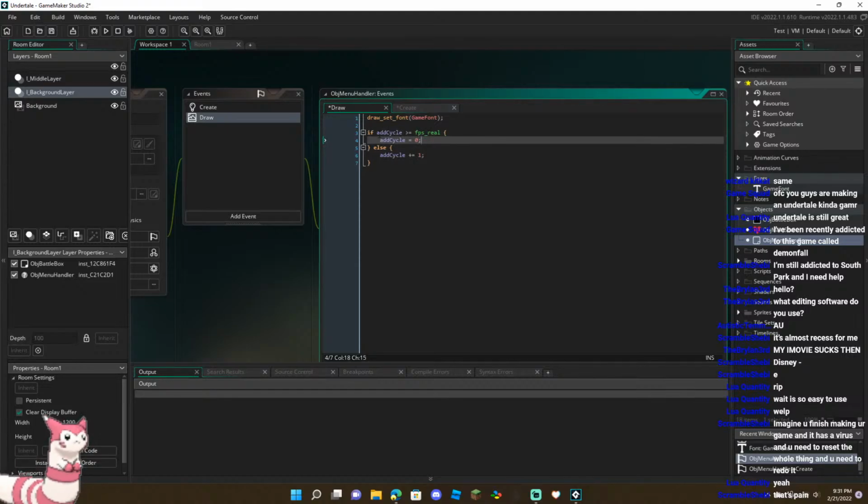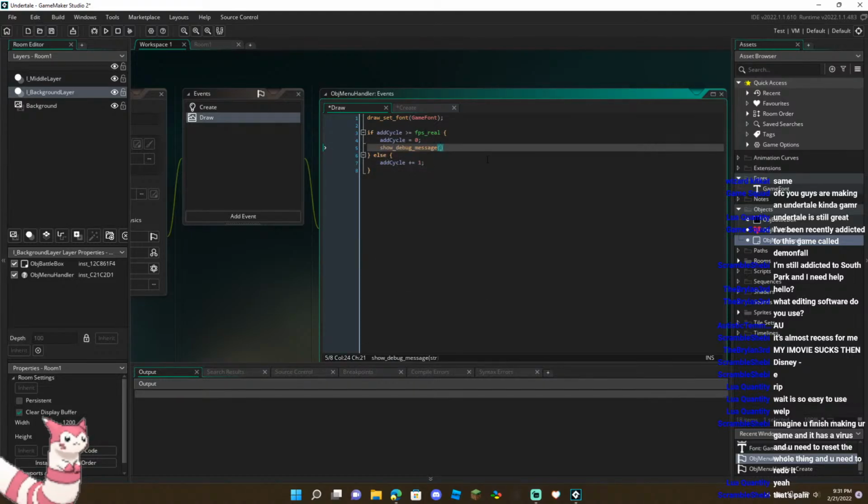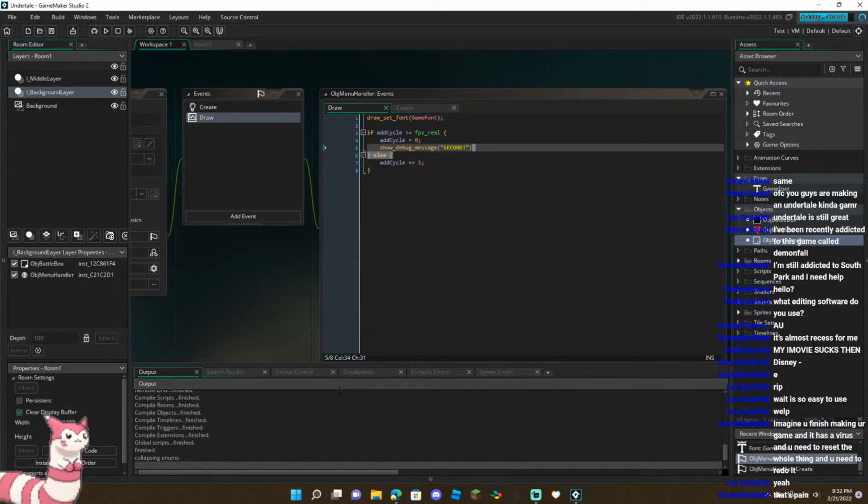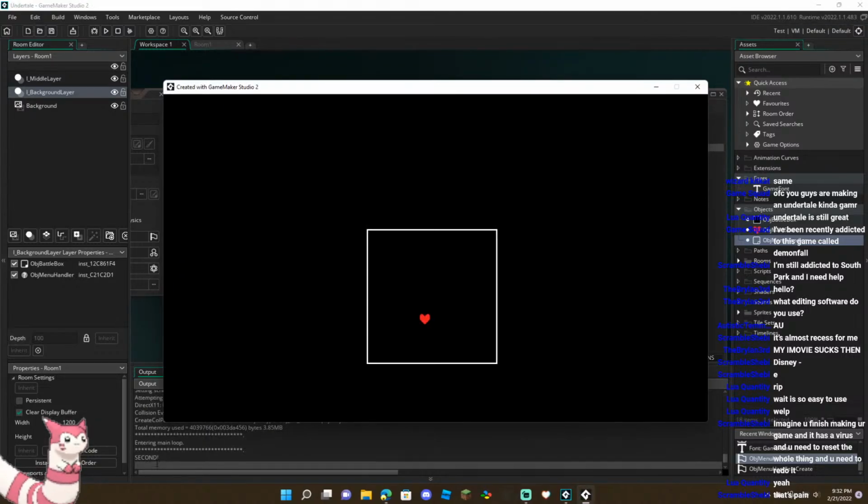So basically, every 60 seconds is a refresh ad cycle so we can continuously get every second. I'm going to test that really quick. Show debug message, second. So now, if I push play, you guys will see in the bottom here how every second